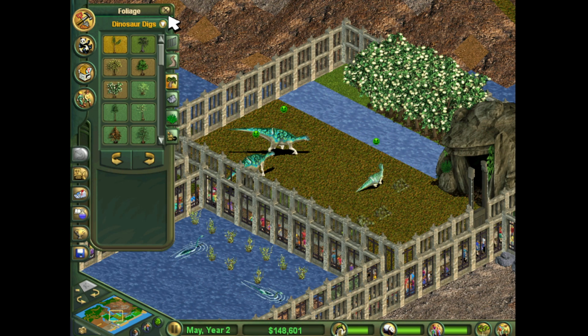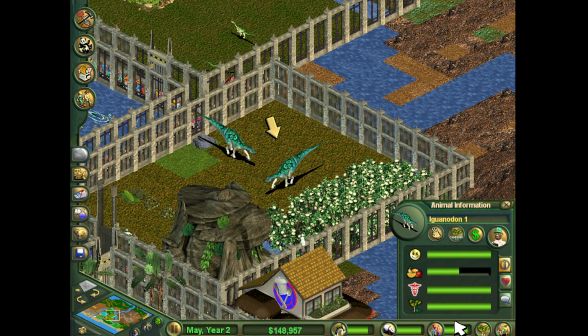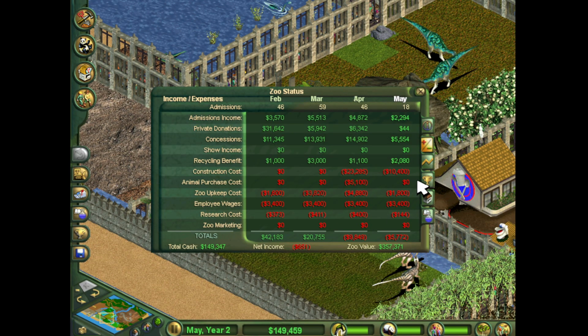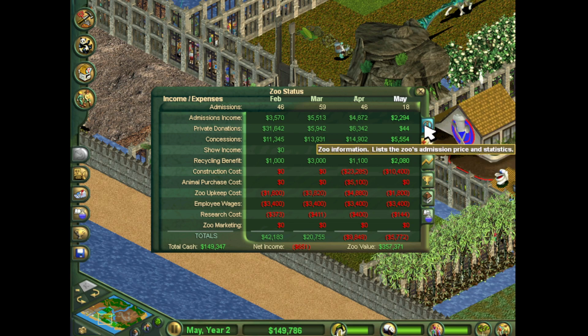That's too much. Okay, there. Excellent. And now they're perfectly happy, which pops up the happiness to a 96. And at the cost of basically nothing. Even though that cost $10,000, but we gained $6 grand in 2 weeks just in concessions. So